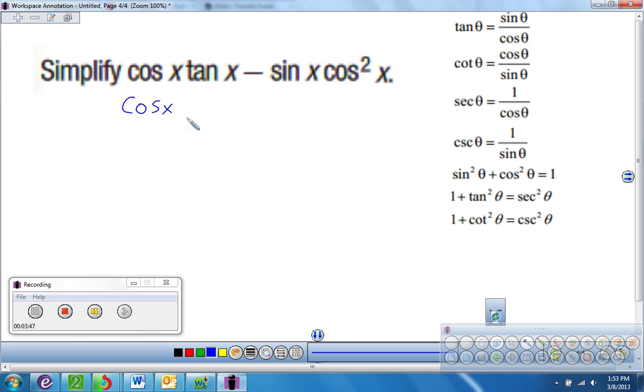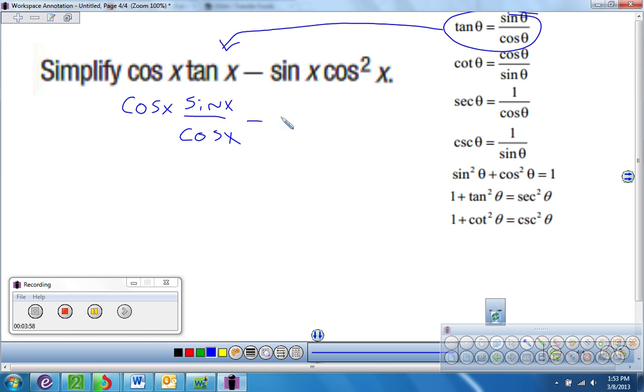So I'm going to say cosine times sine over x over cosine over x. Because remember over here we're just using this identity. So we're replacing tangent with that. So we get that. Minus sine x cosine squared x. Well, what happens to our cosines here? Well, they reduce. So now we have sine x minus sine x